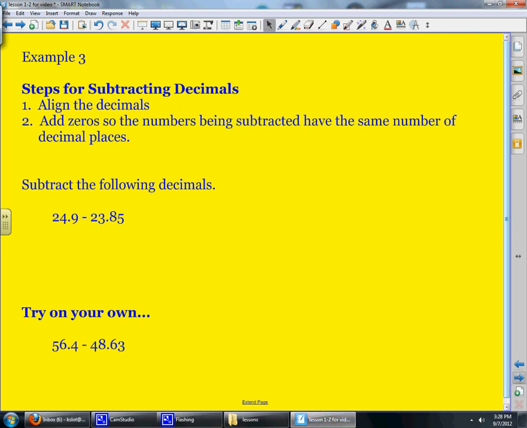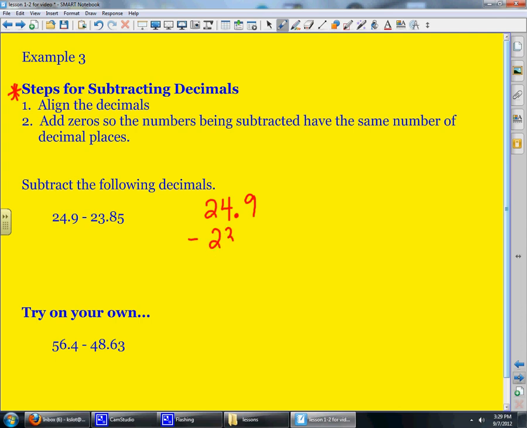Here's a third example, steps for subtracting decimals. Please make sure that you copy these steps in your notes. Number 1 is to align the decimals. Number 2, you're going to add zeros so the numbers being subtracted have the same number of decimal places. You may have to pause the video to get this copied down, and then we're going to start in on the first problem. So we have 24.9